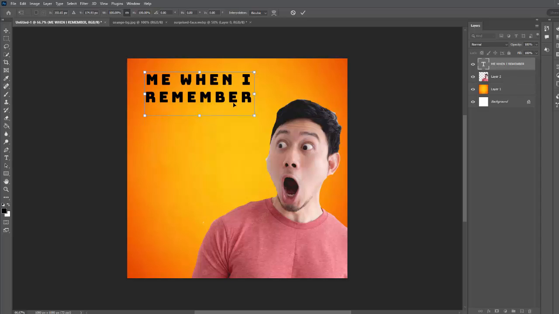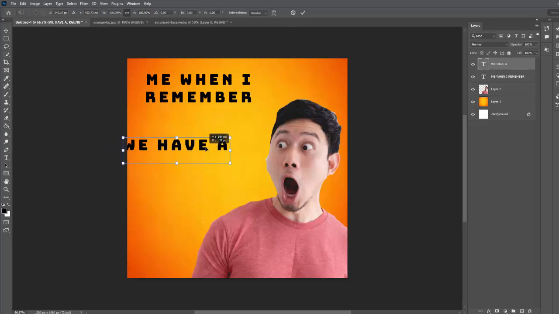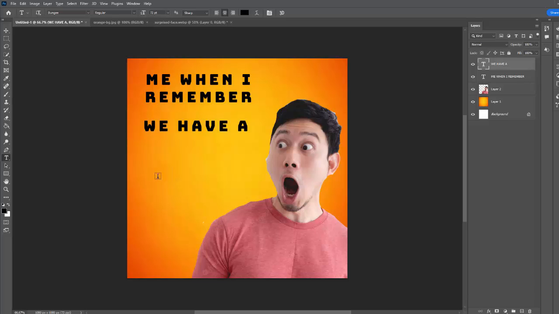And anytime you're doing Control-T to transform, then you have to hit the check mark here. Me when I remember, we have a check mark, Control-T, I'm just going to move it around. We have a check mark, another type layer,